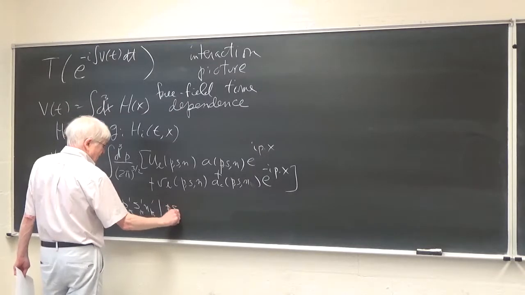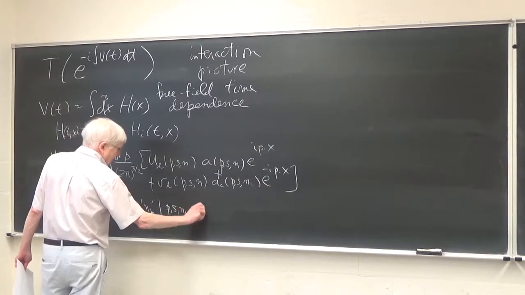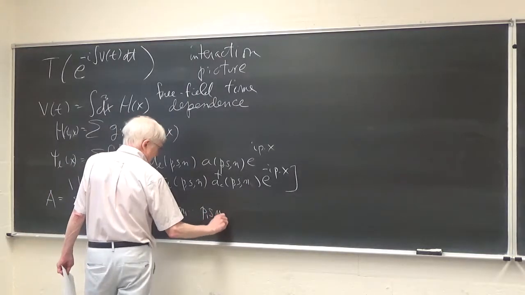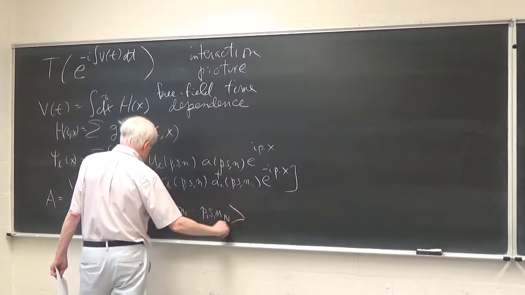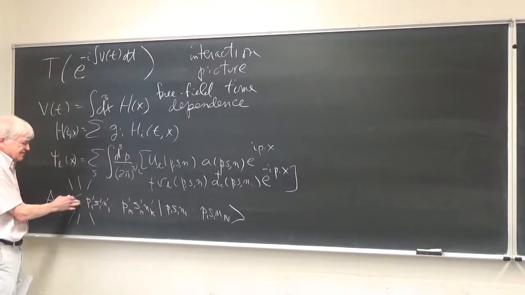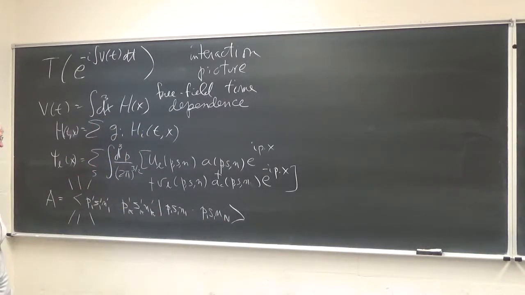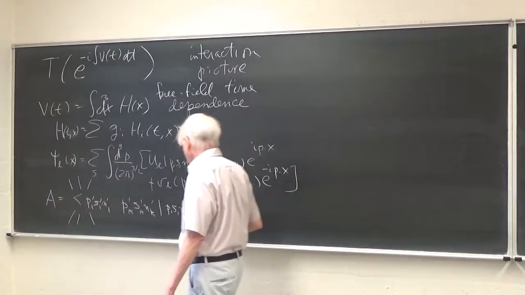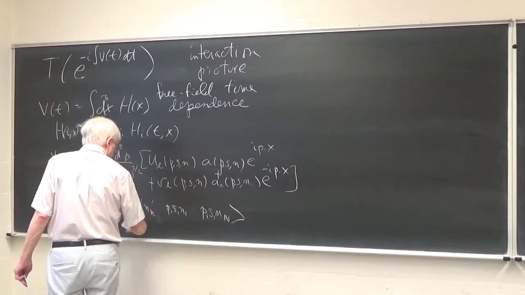And here p1, s1, n1, and so on, capital N in this case. So this is the initial state, the amplitude for the initial state to become the final state. And I guess what I should have done was stick a little